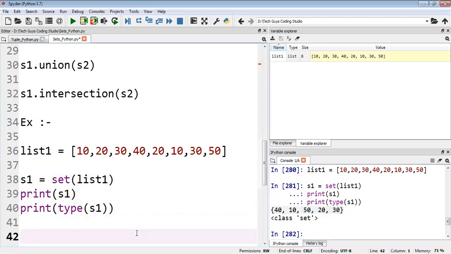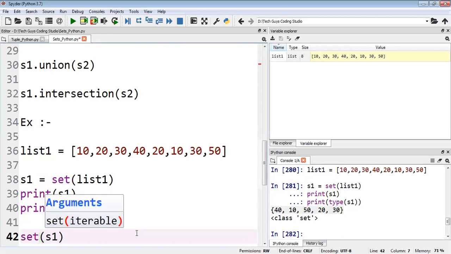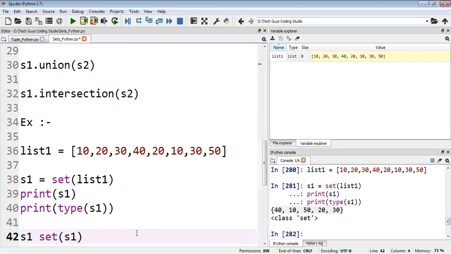Now our question was, the values are in the list with duplicates, and we need to remove the duplicate values from the list. After that, the values should be stored in the list itself only. So what I will do, again I will typecast into the set, s1, then store into s1.